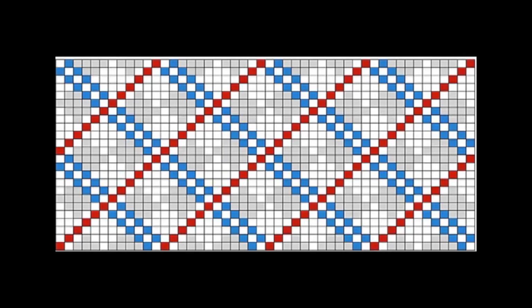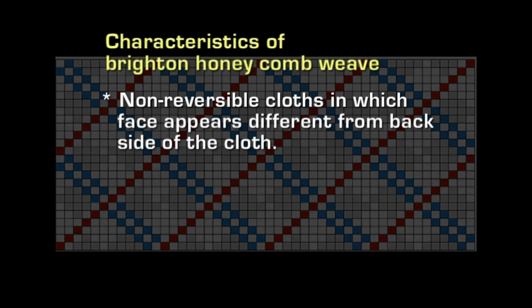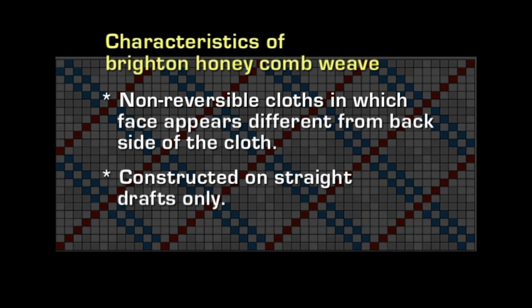Due to the use of a straight draft in this, there will not be any saving of the shafts, and we have to take the number of shafts depending upon the number of ends. This is different from the ordinary honeycomb. Coming to the characteristics of these Brighton honeycomb fabrics, they are non-reversible because the face is different from the back of the material, and they are constructed only on the straight draft and cannot be constructed on any other draft. And then the repeat size is a multiple of 4,